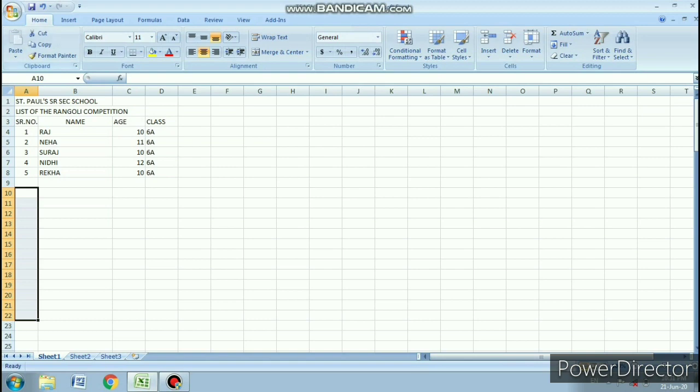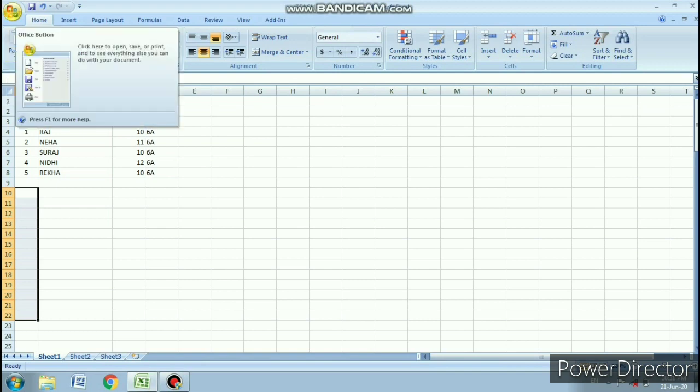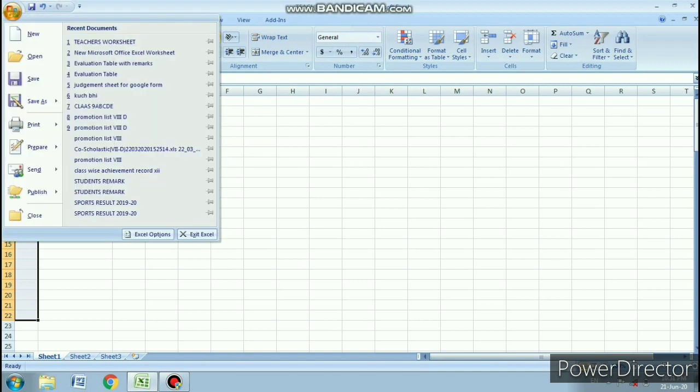First of all, you have to save the file. Then how to save the file? You click over here. The mistake we sometimes make is that we simply click on save. So do remember, whenever you save the file the first time, don't click on save, because the file will be saved by default in My Documents, and the location is very difficult to find because it is in the C drive. If you are not very familiar with the hard disk division or partition, don't click it, because it will be very difficult to find where your file gets saved.